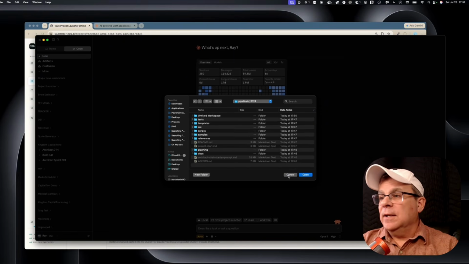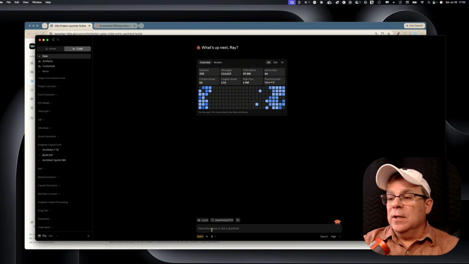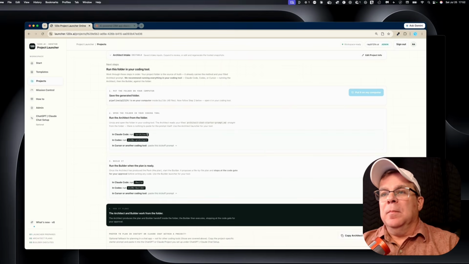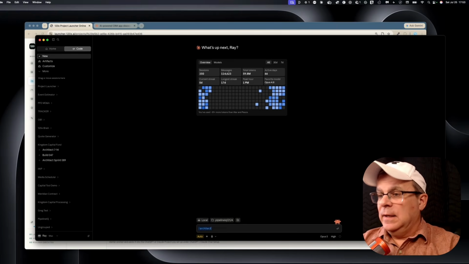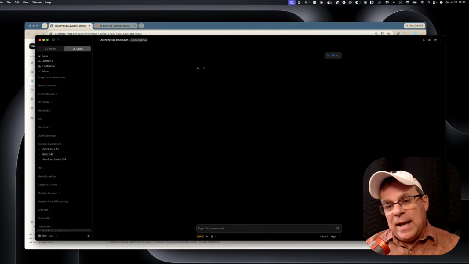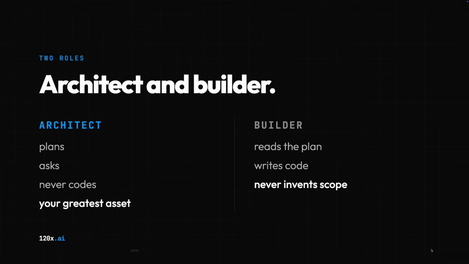So I'm going to select it, open that up. And now you can see my Claude Code is now attached to the appropriate schema. And so here, I'm just going to enter the command that you see right there, /architect. Since I'm using Claude Code, I'll paste it in there and hit enter, and it's actually going to start the